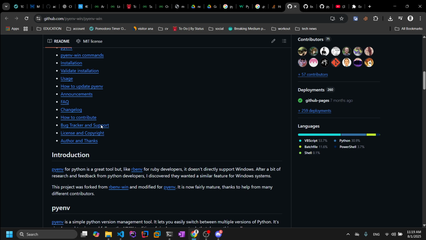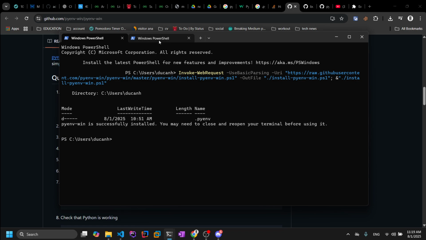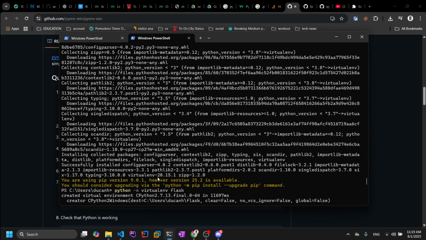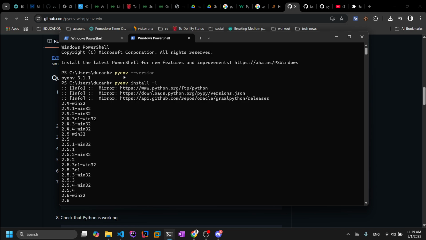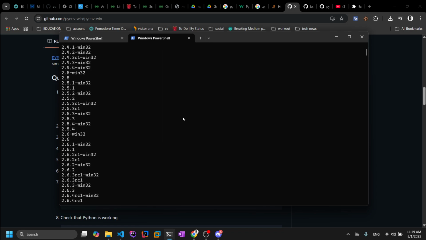After I install, I open PowerShell to reload the system to get the alias. So the alias of that library is pyenv version. I checked that and I got 3.11. So I personally ran install -l to get the list of all versions installable to my system, and here are the versions of Python that I can install,